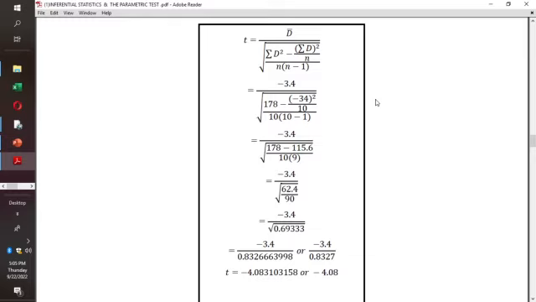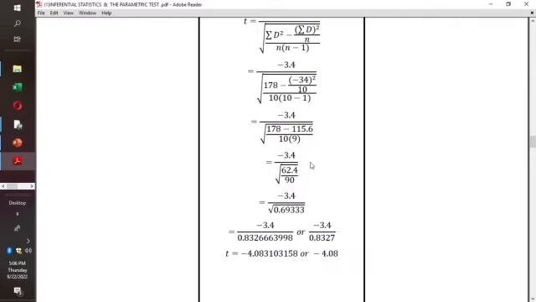Substitute the values: equals negative 3.4 over the square root of 178 minus negative 3.4 squared over 10, all over 10 times 10 minus 1, equals negative 3.4 over the square root of 178 minus 115.6 all over 10 times 9, equals negative 3.4 over the square root of 62.4